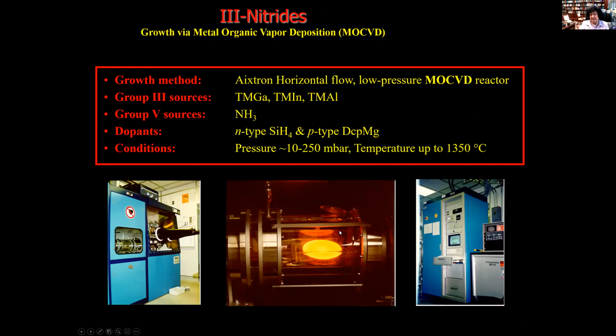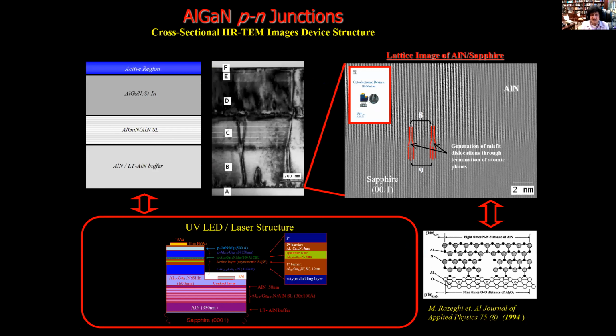And for that, when I started at Northwestern, I built the emissivity reactor, and I'm still using exactly the same for the tri-nitrides and gallium nitride. We started to make the UV LED and detector based on aluminum nitride and gallium aluminum nitride. I'm not going into the detail of that. Only one thing I would say is that the hardened material is important. The structure of the UV LED is the same as for the detector, and that is done again